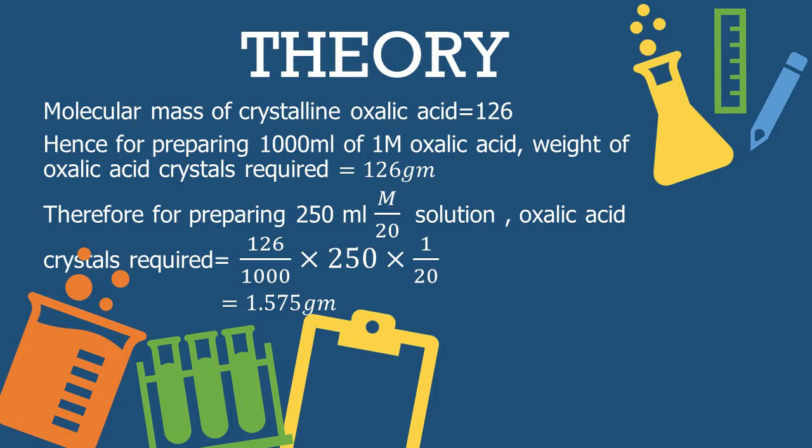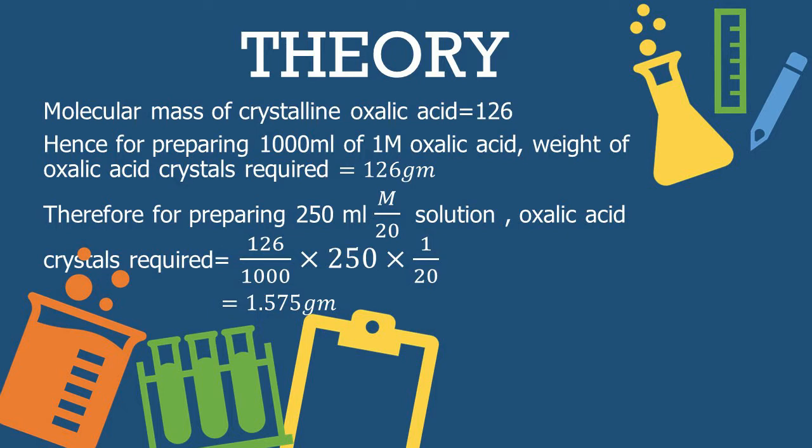So, in the theory, the molecular mass of crystalline oxalic acid is equal to 126. Now, for preparing 1000 ml of 1 molar oxalic acid, the weight of oxalic acid crystals required will be equal to 126 grams. But for performing the practical today, we are going to prepare 250 ml of M by 20